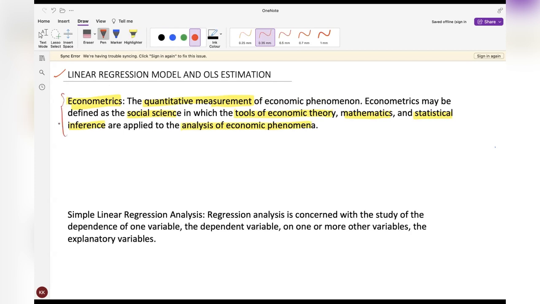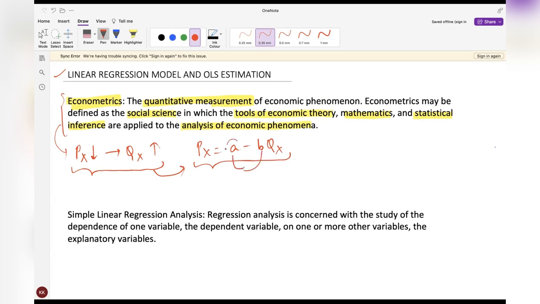Let's understand this with the help of an example. Let's take the law of demand, which states that as the price falls, the quantity demanded of the commodity, say X, increases, right? So how can we depict this inverse relationship between price and quantity? That is possible with the help of the inverse law of demand equation, which is written as P of X is equal to A minus B of QX. So econometrics has helped us to formulate this equation, and econometrics will help us to estimate these two parameters A